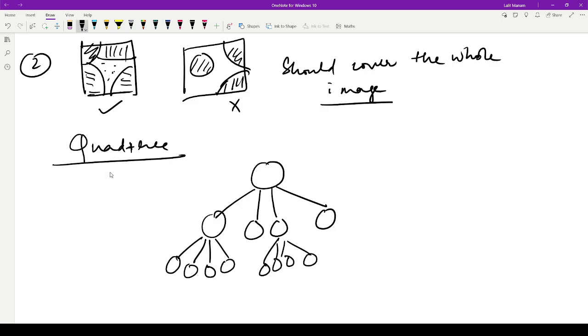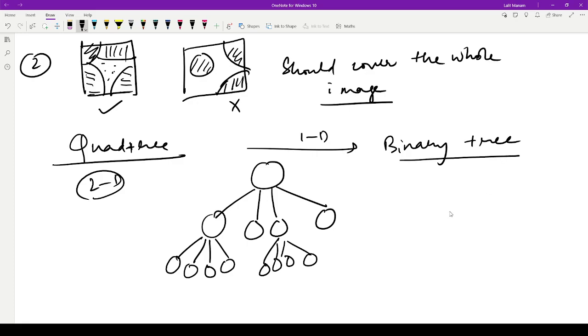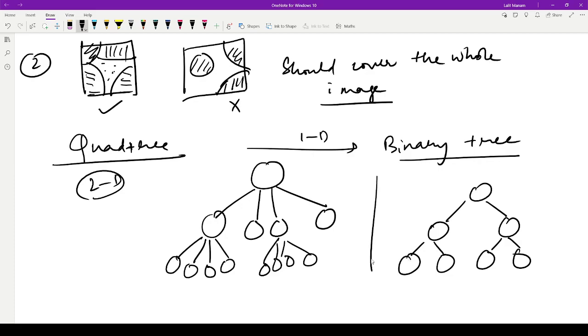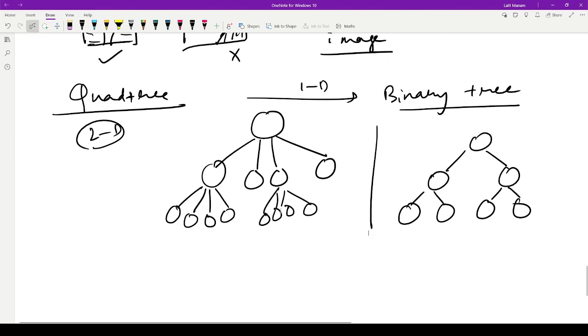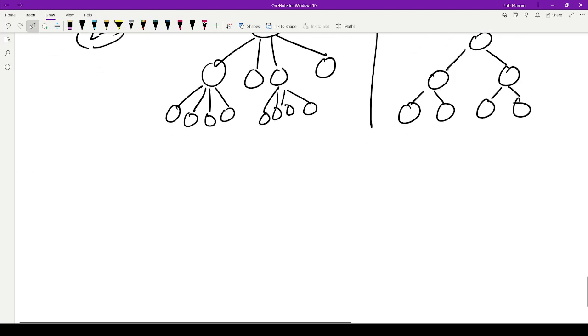So quad because we are working on 2D space. In 1D space, the 1D equivalent is what? Binary tree. Yes. So in 1D you have just two. You can divide at max with two. There will be two subdivisions in the binary case. Okay, so for quad there will be four subdivisions at max. So given this, I guess we also have an example of this and the questions. We'll do that. And the one more topic given was the active contours, where